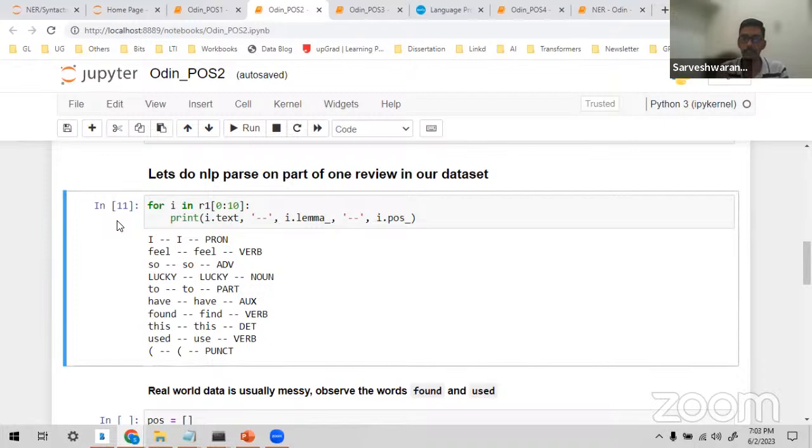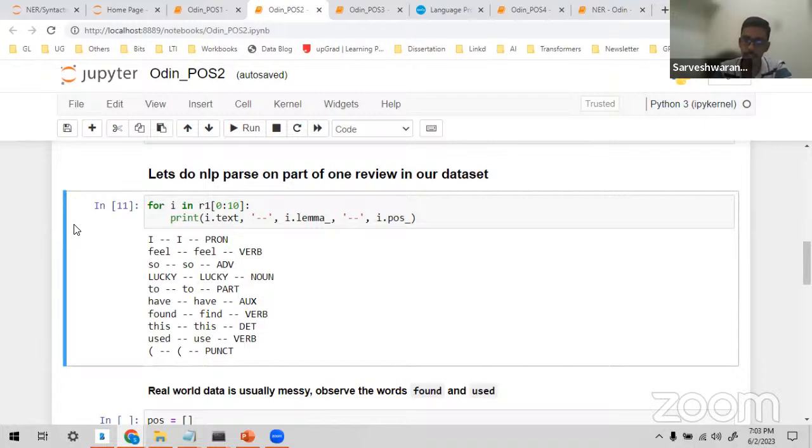Right. I hope I'm making it clear. So there are two ways of converting a word to its root word. One is the stemming method, and another is lemmatization. Right. So the stemming just converts by hard coding. It's rule based, and it converts to its root word.